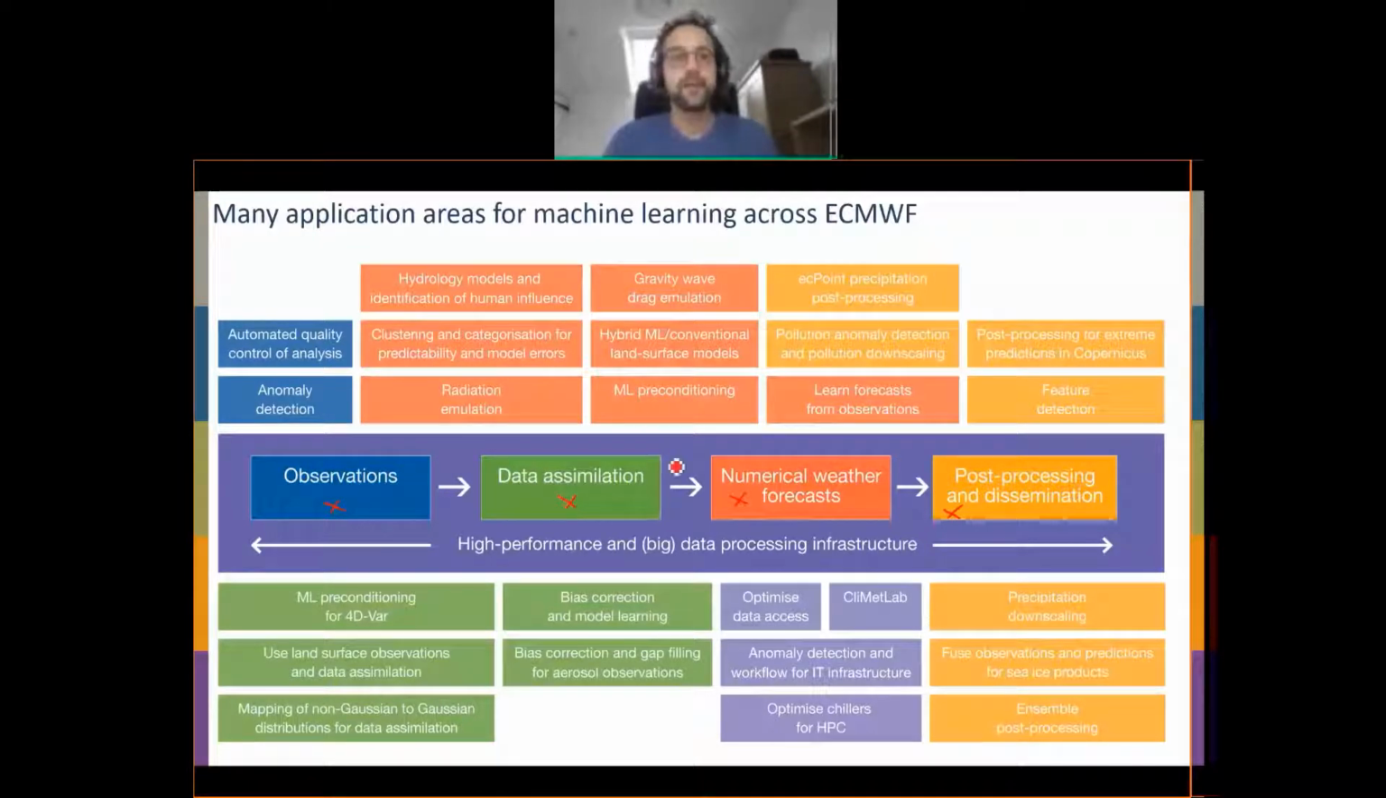And underlying this, we have this high performance and big data processing chain, which is required for all of the different components within this workflow. And if you now think about where machine learning could potentially help you to improve this workflow, you actually come up with a lot of different